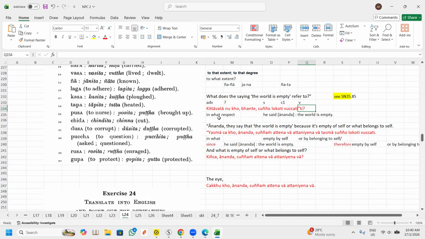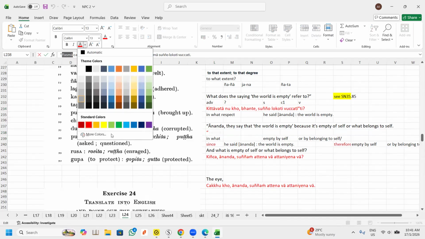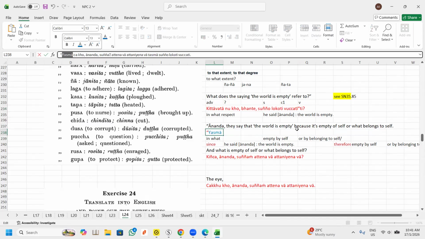So that means you've got two of these already. The next line is here. Can you see the words yasma and tasma? Normally in Pali or Sanskrit, when they construct sentences, they have this type of pairing. But whether you want to translate the pairing,